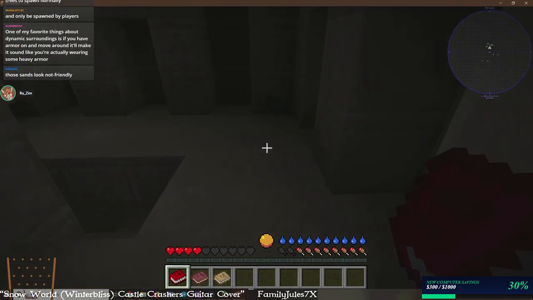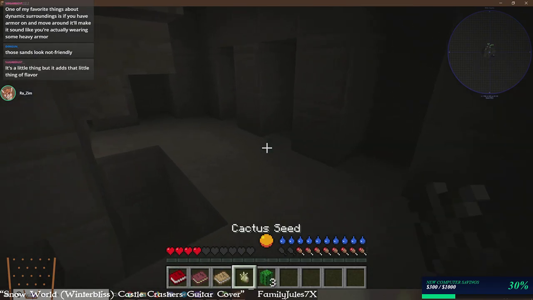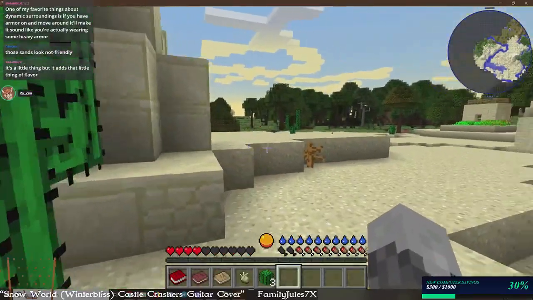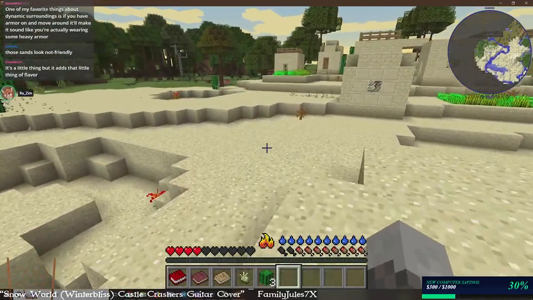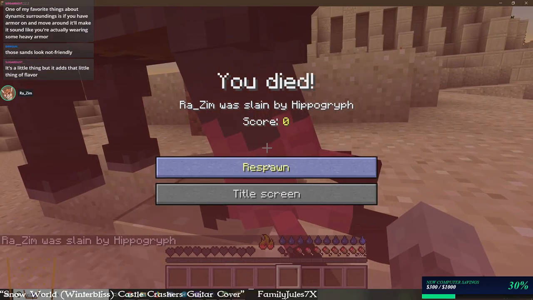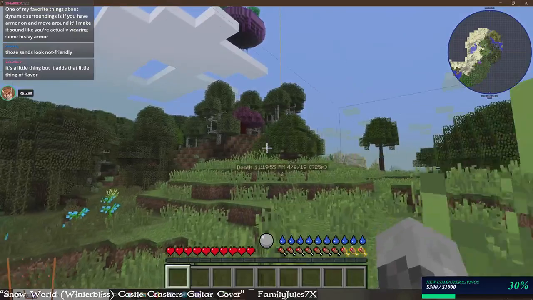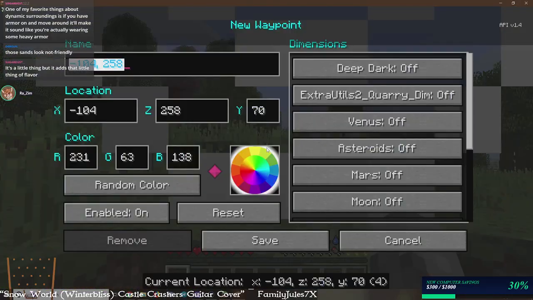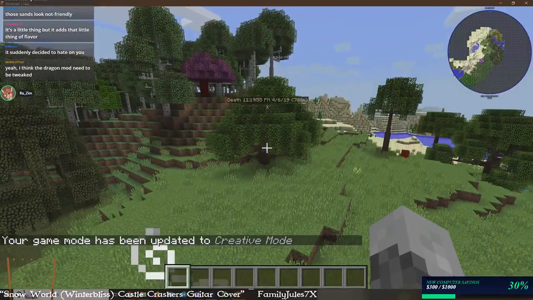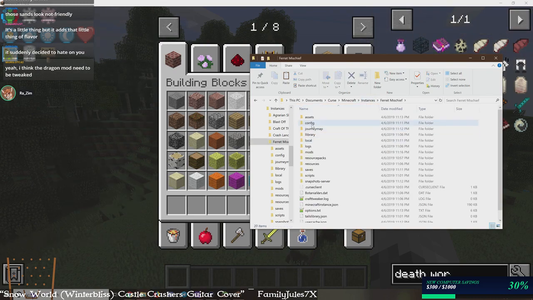I'll look in the... This is one of those, what is this? Oh, that's just random stuff on the ground. Okay. Oh! Okay. That hippogriff randomly decided it did not like me anymore. My main concern with the, let me see what's in... No, I was in the right place. Config...